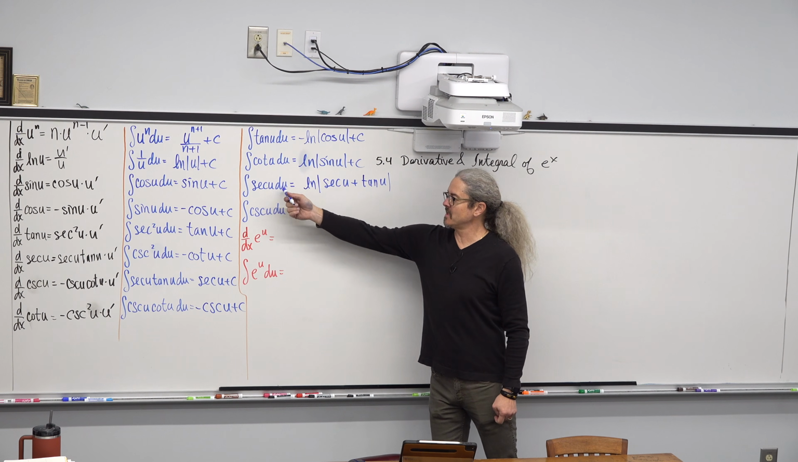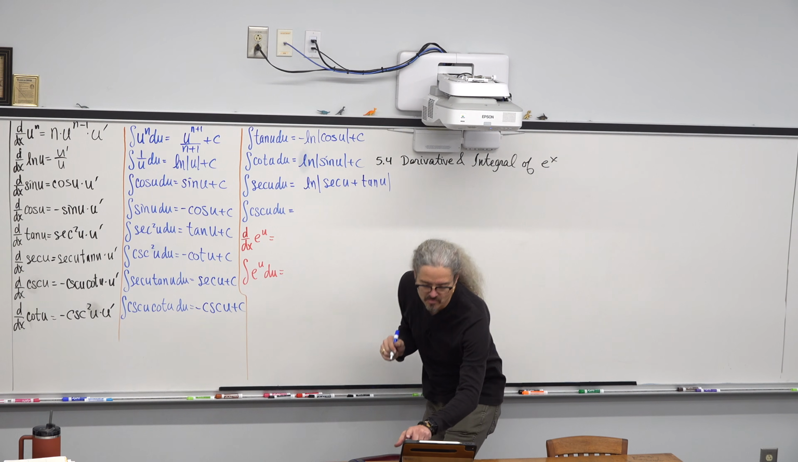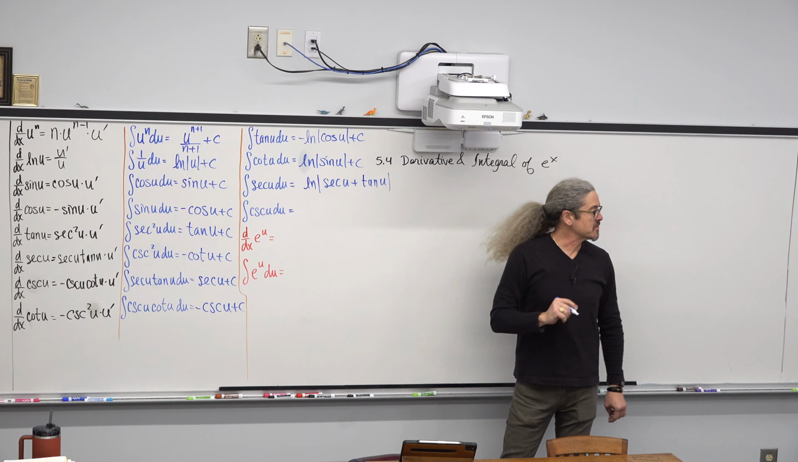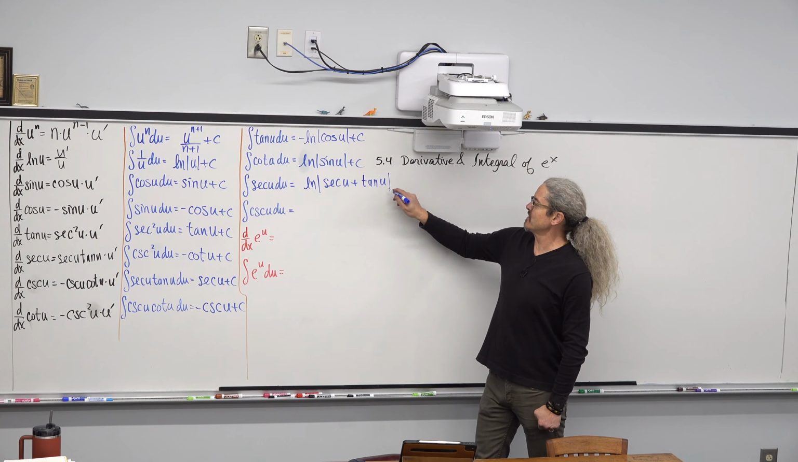So the integral of secant of u du is equal to the natural log, and I want to make sure that this is right. Get my plus minus right. Yeah, so we have a positive natural log of the absolute value of secant of u plus tangent of u